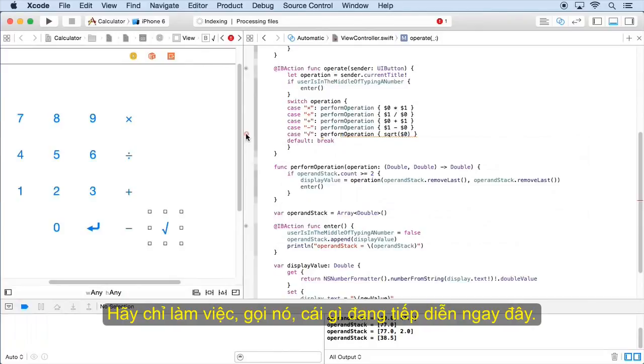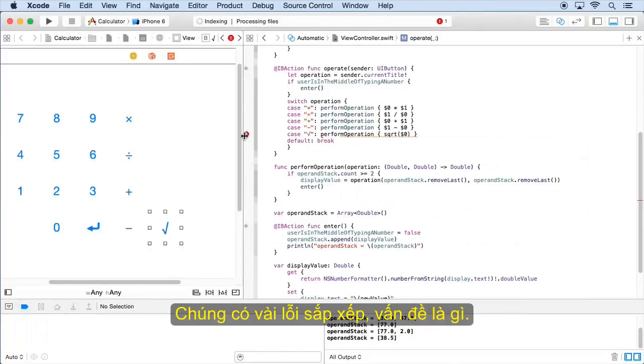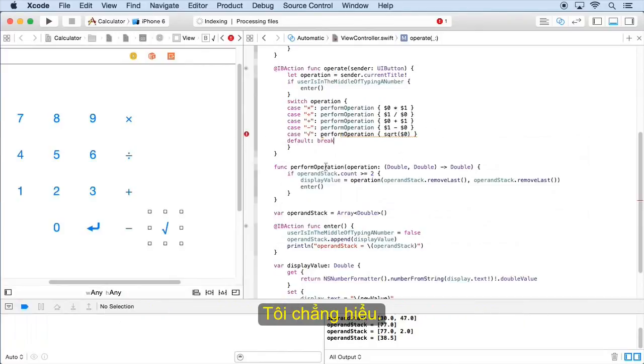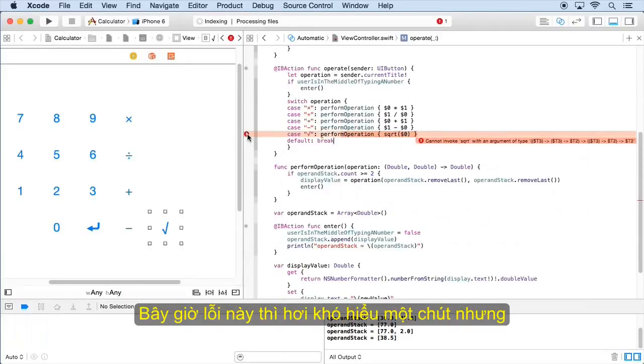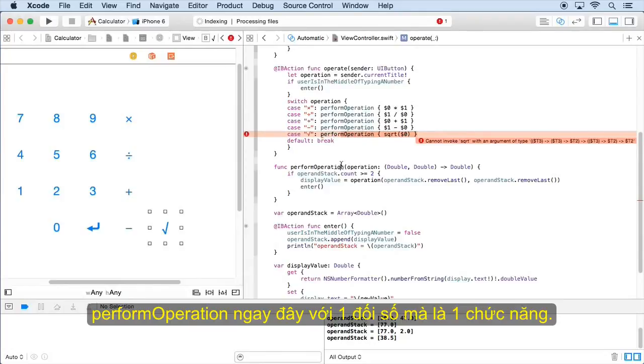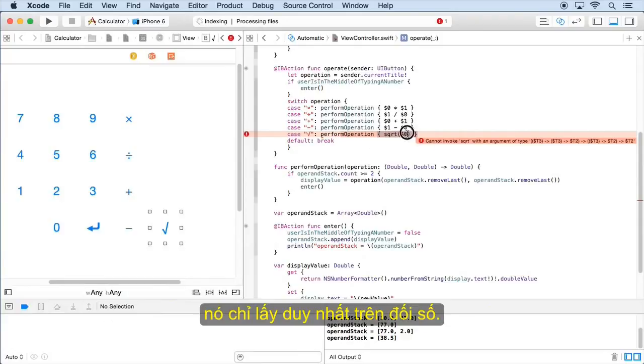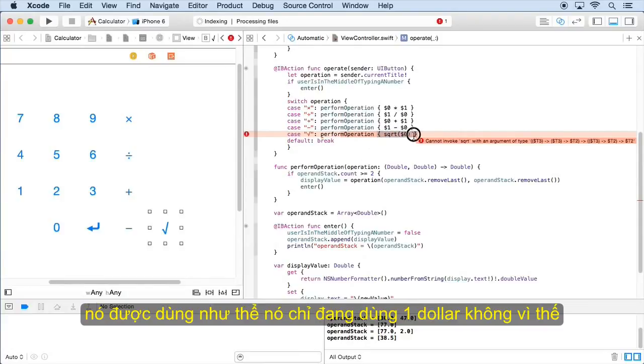Oh wait, what's going on here? We have some sort of error. Why? What's the problem? I don't understand. Let's take a look at this. Now, this error is a little hard to understand, but basically what it's saying is that you're calling perform operation here with an argument, which is a function that only takes one argument. Because Swift looks here and it sees that it's only using $0, so this is a one argument function, this whole curly brace